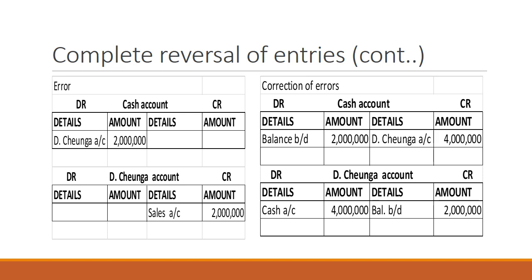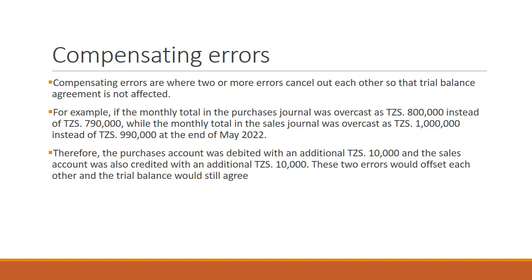And in Cheuga account, the double amount will be debited. So the corresponding entry is: credit cash account, and debit Cheuga account. Again, we have a compensating error. This compensating error